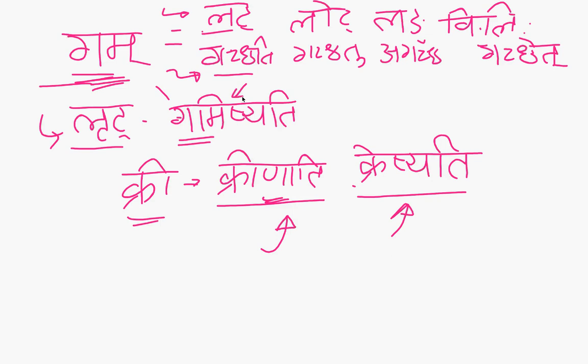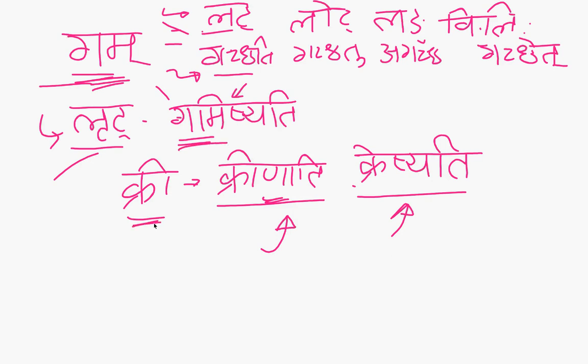Right now in this example of gum, because it is in the bhvadigana, there is a vikarana pratyaya which turns out to be a, which is not visible in the gacchati etc. If we actually go through the derivation steps as per Ashtadhyayi, we need to add the akara as a vikarana pratyaya there, which we can't see here because it's embedded in gacchati, gacchatu, etc. Whereas in the lrit lakara, the vikarana pratyaya of that dhatu gana, any dhatu gana, is not applicable. So it becomes just gamishyati here.